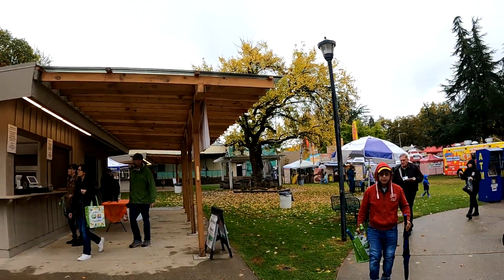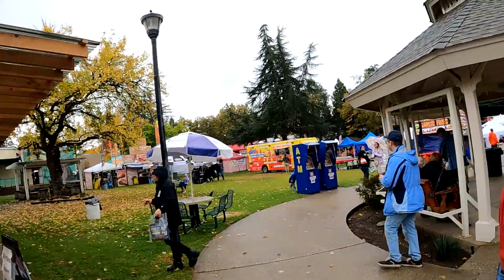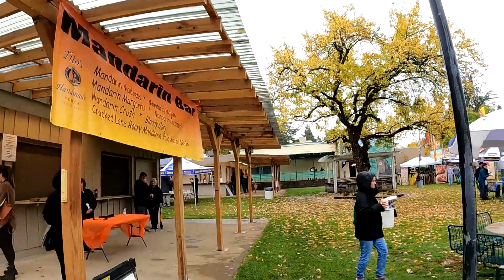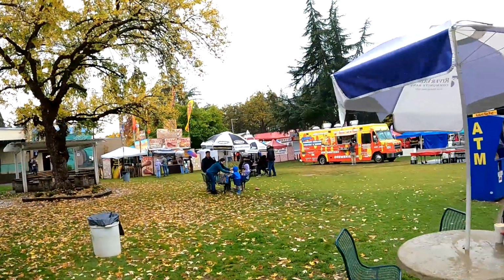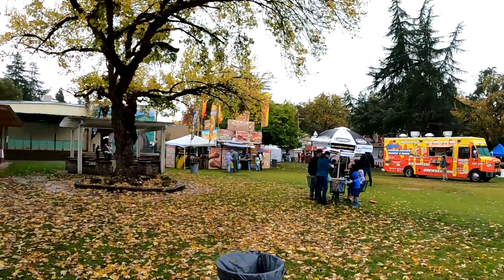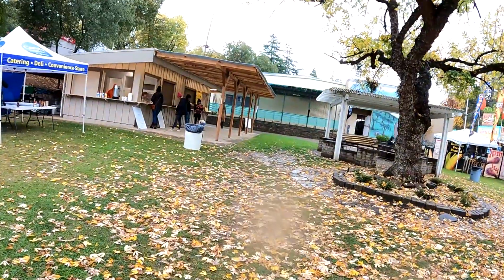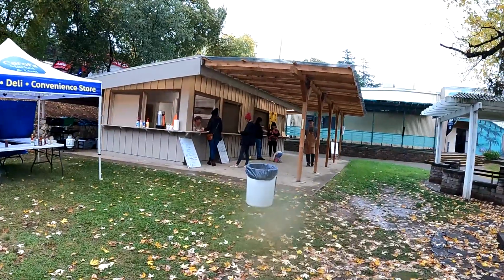All right, for real this time, we are going to find something to eat, some food. Now, I don't know if we're going to find much in the way of Mandarin food. It seems like I'm not seeing anything that really screams special Mandarin stuff. Although Drewski's frequently will have a Mandarin barbecue sauce. But let's see what the options are as we trod across the grass here. We've got